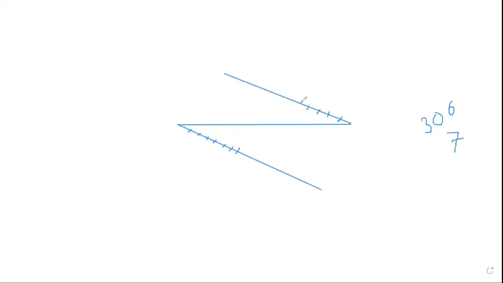Sir, but where should we place the compass? From this point. Start from this point. Okay, sir. Similarly, here also start from this point, one by one. First the needle will be at this point and pencil will be here. Then again needle will be at this point, pencil will be here. Similarly, needle at this point, pencil will be here. Then needle at this point, in this way you divide 7. Then